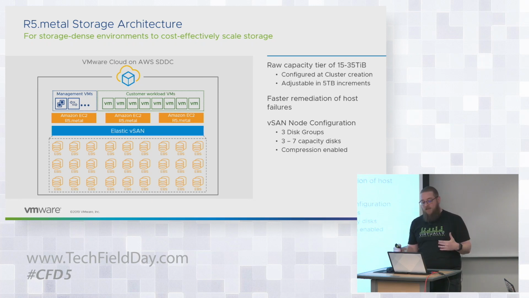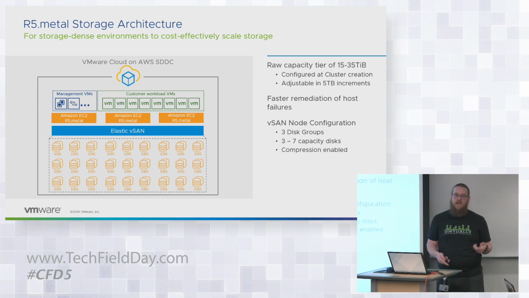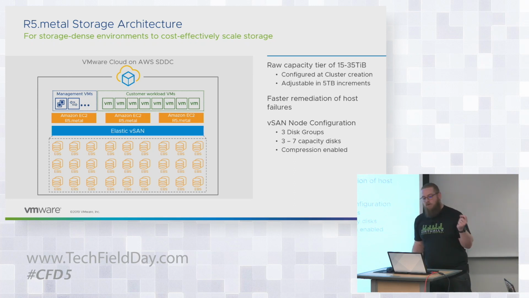And what's neat about this is the way that it's implemented. As I mentioned earlier, it actually looks as though when you deploy one of these hosts, if you go in there and click on disk management, you can see the individual devices, and they look as though they're local NVMe storage. But on the back end, through some proprietary technology that Amazon has developed, they're able to attach these actual Elastic Block Store volumes programmatically, right? So this gave us the ability to give the customer a programmatic SDDC where they could come in the front door and tell us how much capacity they want on a cluster